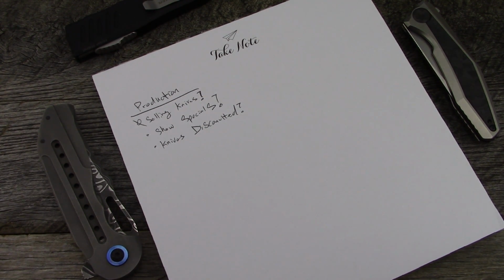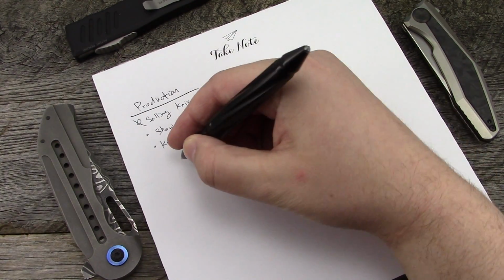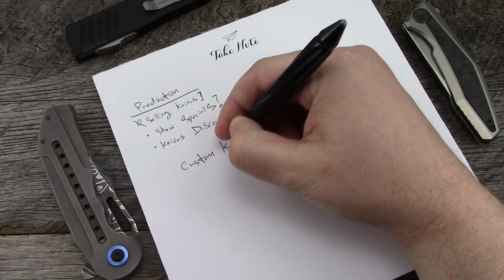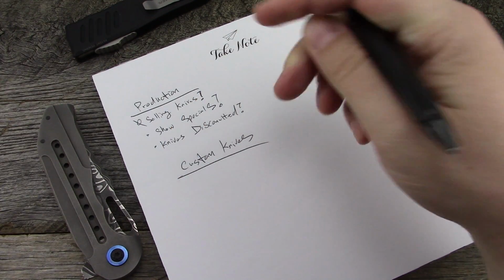Again, preparation is key. Look at their Instagram or their Facebook, or ask questions, call their customer service. They'll figure it out and they'll let you know, and so you know how much cash you're bringing, that sort of thing. Now, the custom knives, this is the one where there's a lot more options on how they potentially